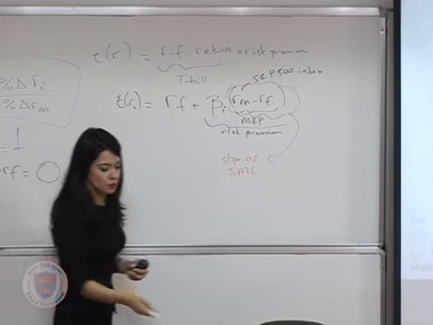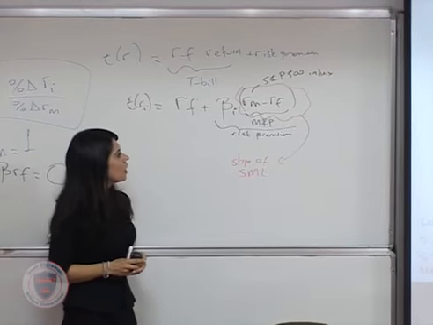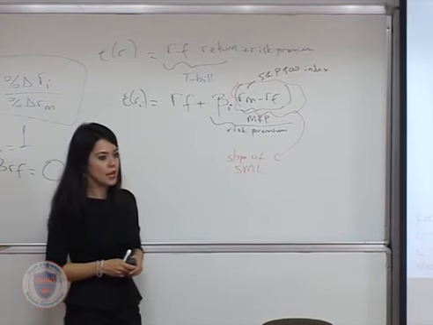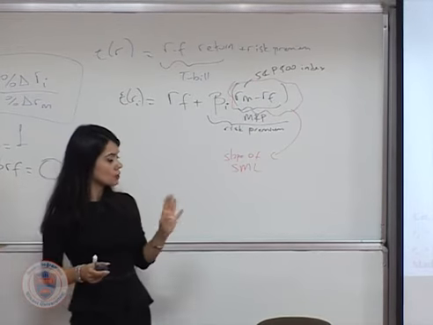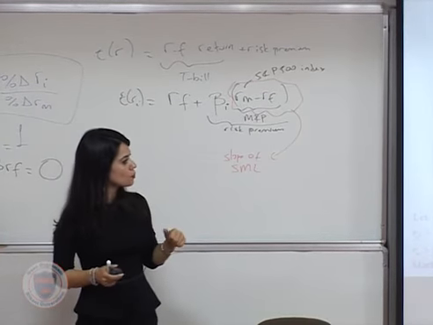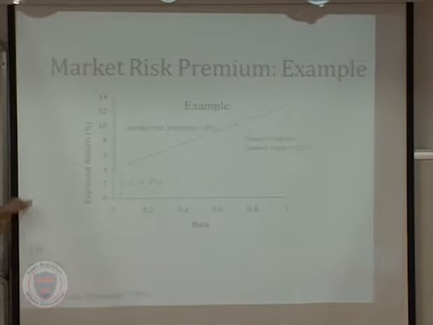So market risk premium is the difference between the market return and the risk-free rate. Here it should be 8% because the market offers you 12%, the risk-free rate is 4%, so the market risk premium is 8%. So this is how your security market line, the graphical representation of CAPM, should look.